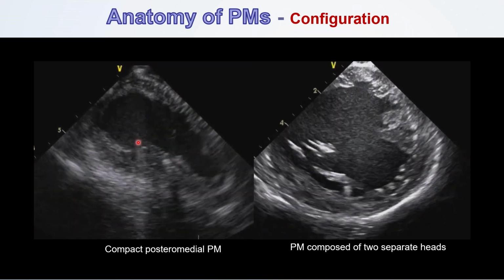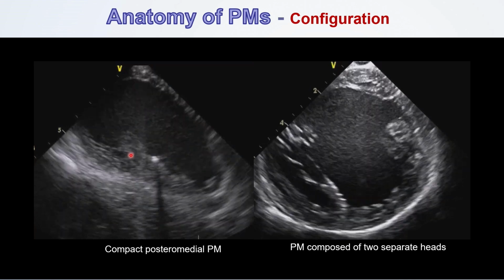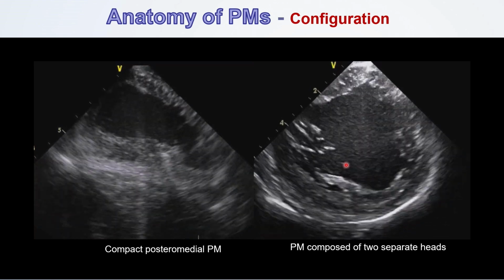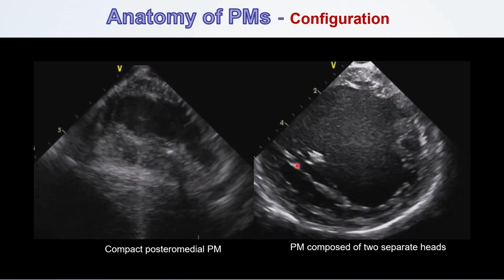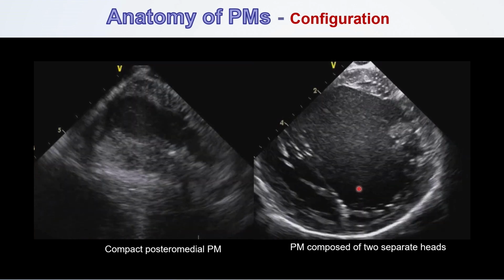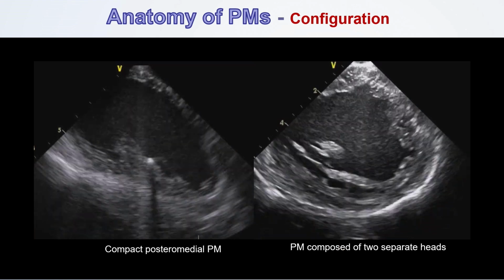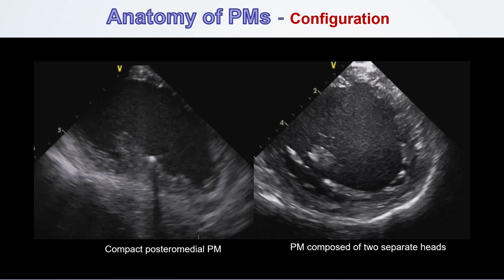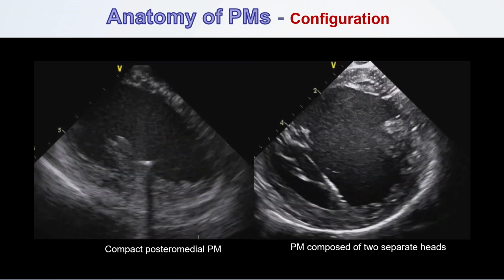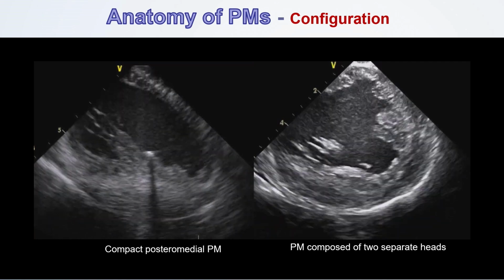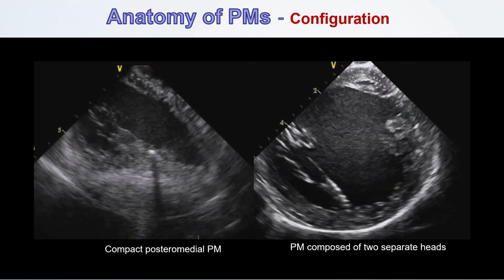Also, in terms of the configuration, the papillary muscle can be very variable. So this is a compact posteromedial papillary muscle, and this is an extended one with a long body, and a very tiny one. So this is also something that should be considered. And yesterday a paper was published from Frank Bogun's group showing that with multimodality imaging, you can also